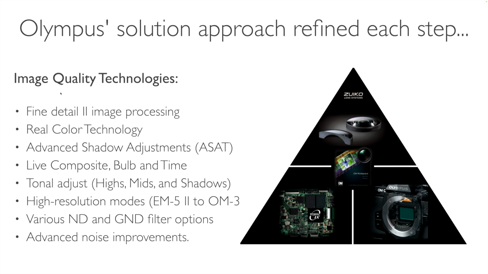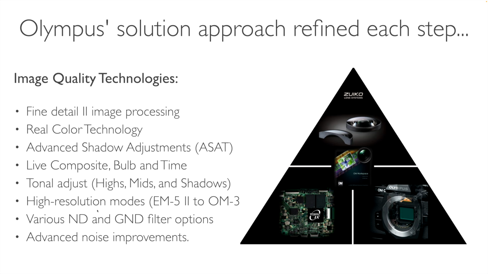And they use technologies. On the left you can see here, they often mention a fine detail image processing technology. We're on version 2 currently, or a real color technology that they apply. I believe the baseline Kodak look is always present, but there have been improvements on the actual image quality. And then we saw the advanced shadow adjustment, ASAT, which is basically the gradation function, the different composite features, tonal adjustments, highs, mids and lows, which is a gamma adjustment, the additional gamma curve or the tonal curve adjustment